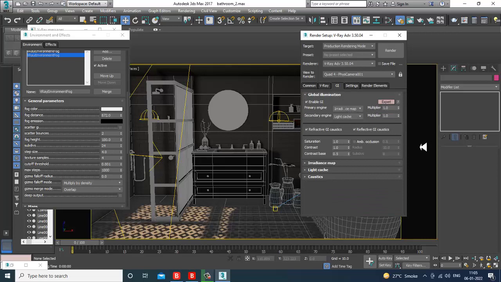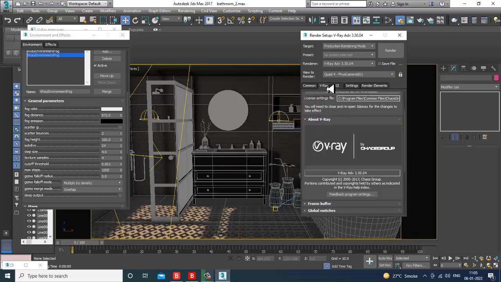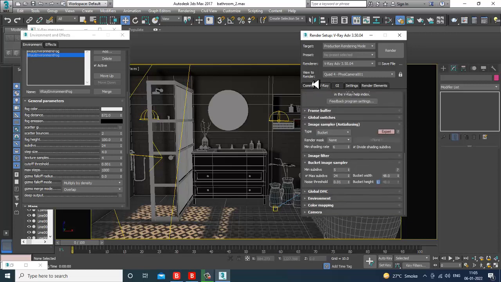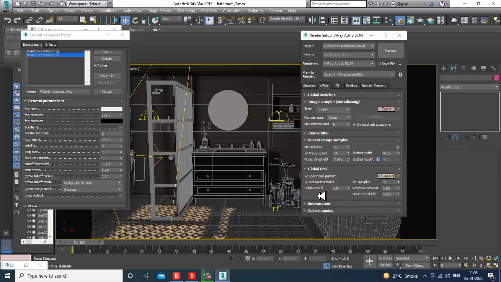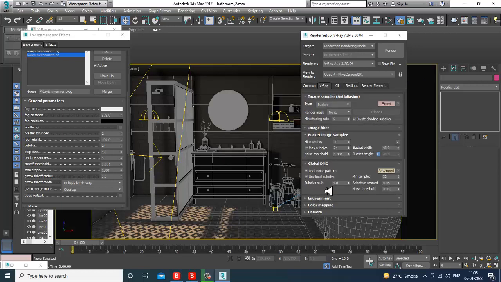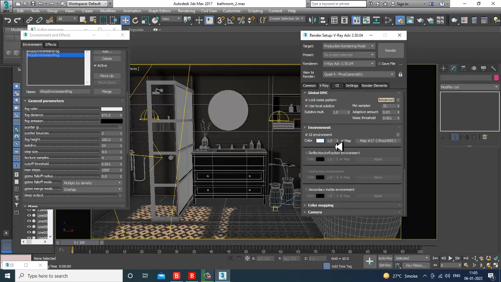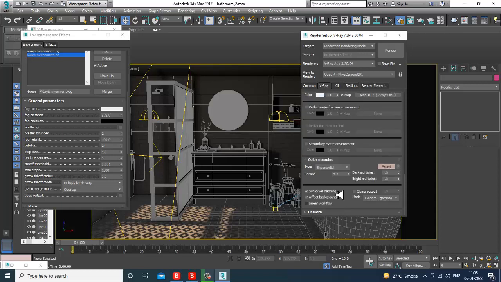Irradiance map, light cache, this is all okay over here. I'll just go down, set to bucket, can increase the subdivisions, noise threshold 0.001, color mapping, exponential.